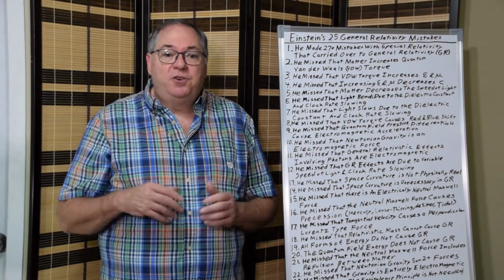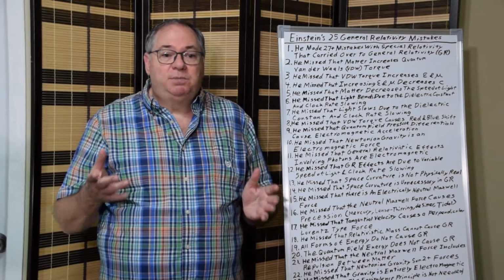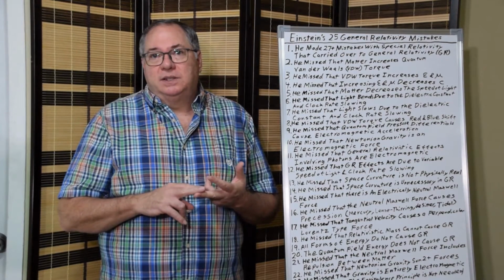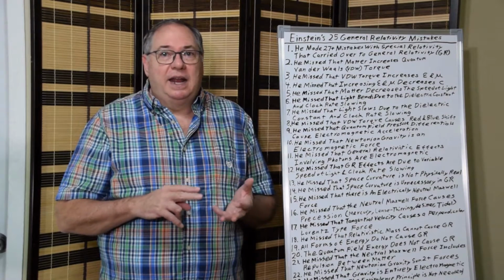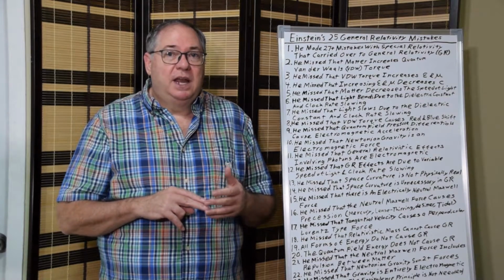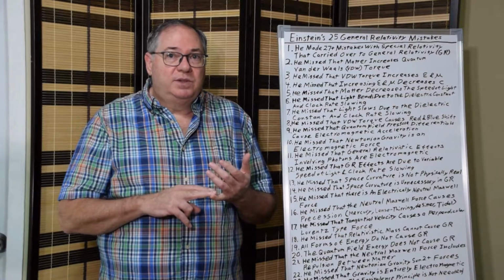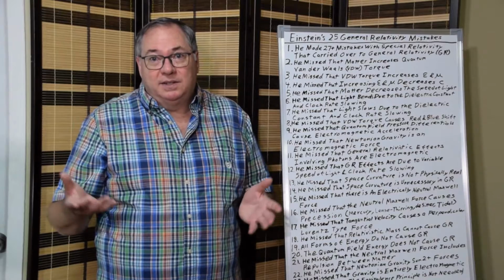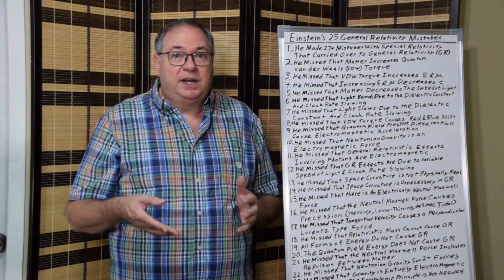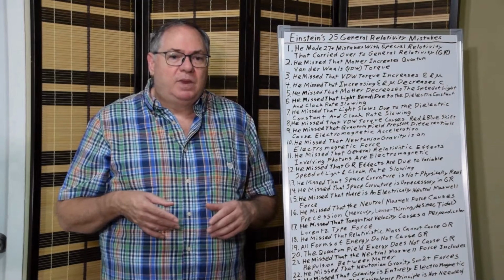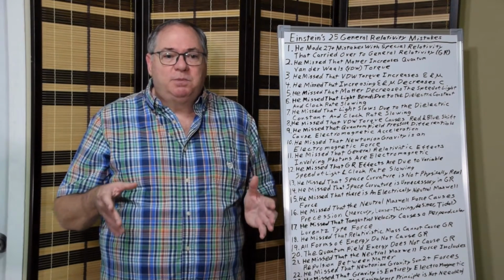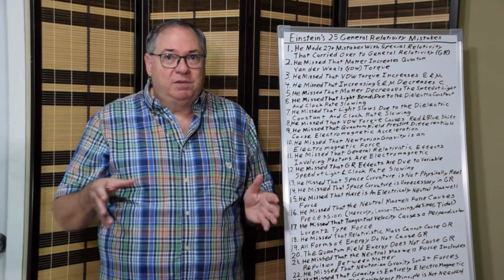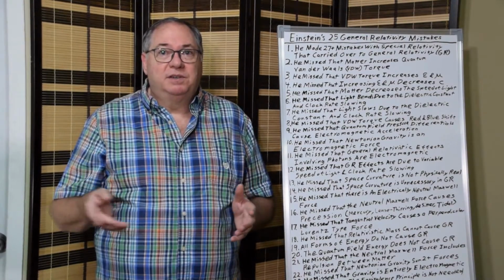So 16, the neutral Maxwell force causes precession. The precession of Mercury and other planets, it causes the Lense-Thirring effect, and it causes de Sitter precession, and it causes forms of tidal forces between bodies that don't have tides, that don't have water on the surface to change their location. So all these things are explained by a neutral Maxwell force, including the so-called proof of general relativity involving the precession of Mercury.